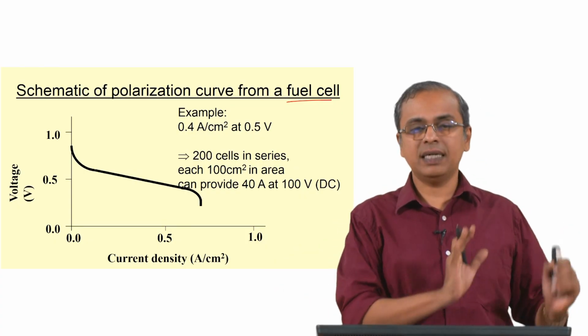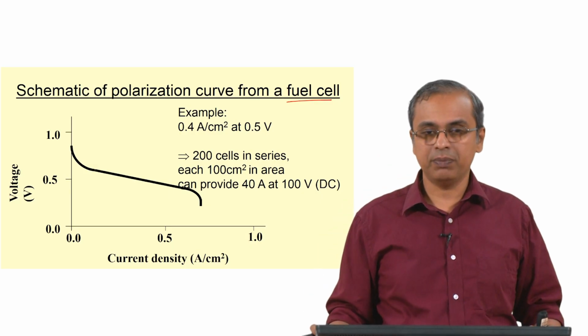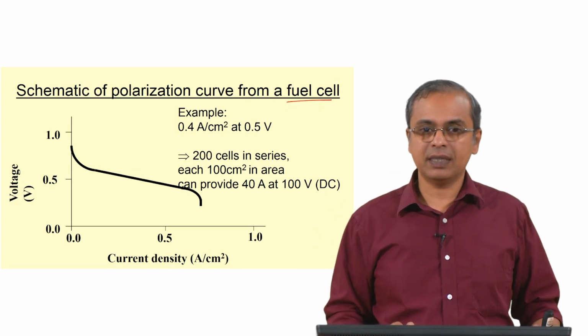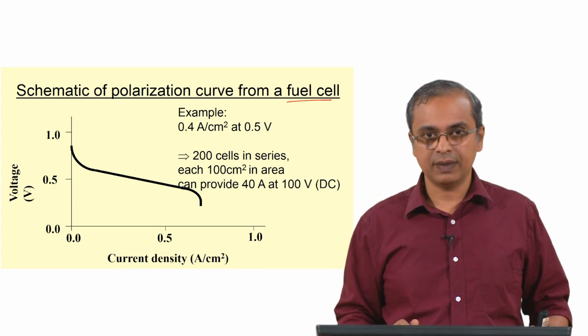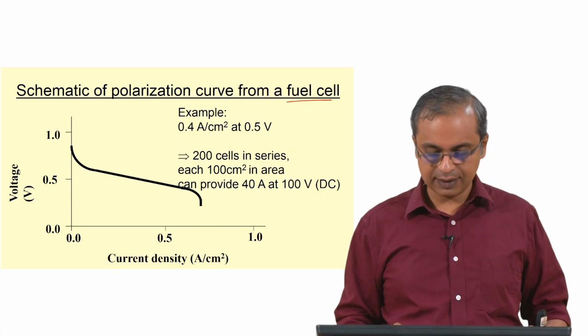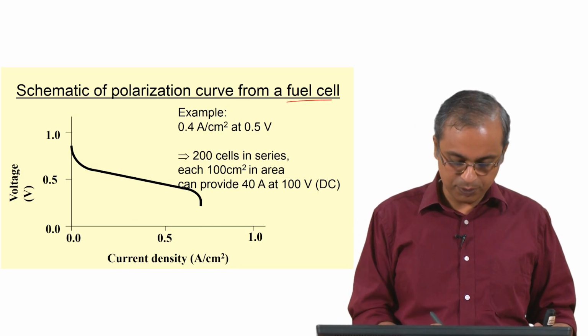So you run this test independently, you get this polarization curve available to you, and then based on that you make a decision. So for example, let us say I have this device and it has shown me this polarization curve, it is all normalized, I have voltage on the y axis, I have current density on the x axis. So I choose an operating point of 0.4 amps per square centimeter, that puts me somewhere here,